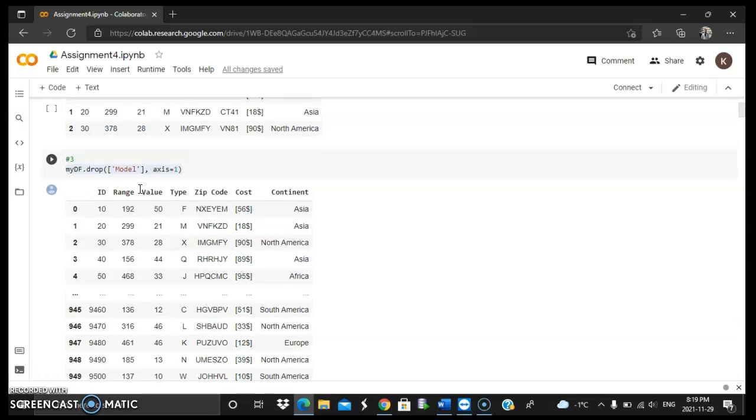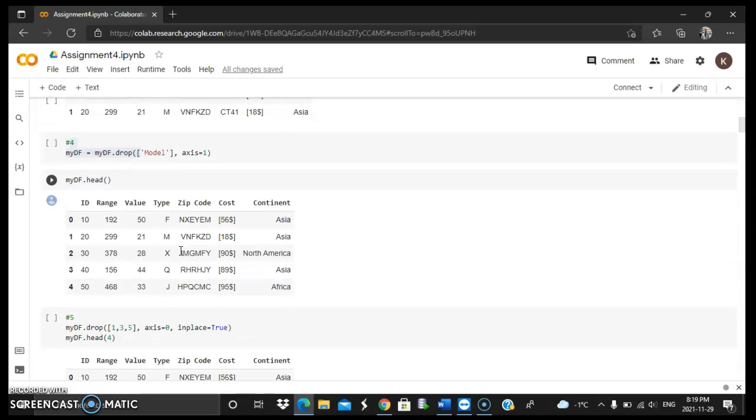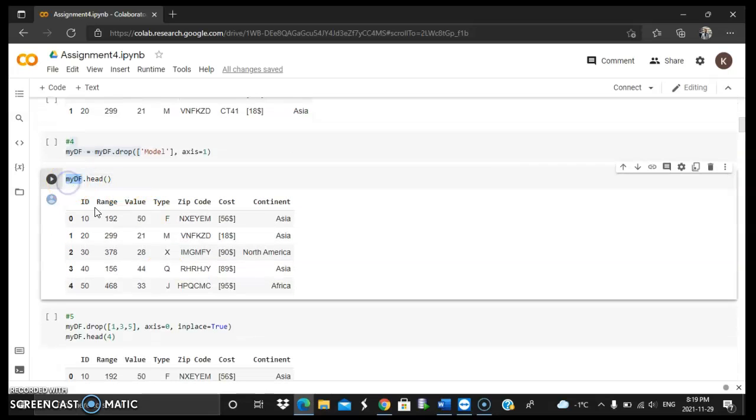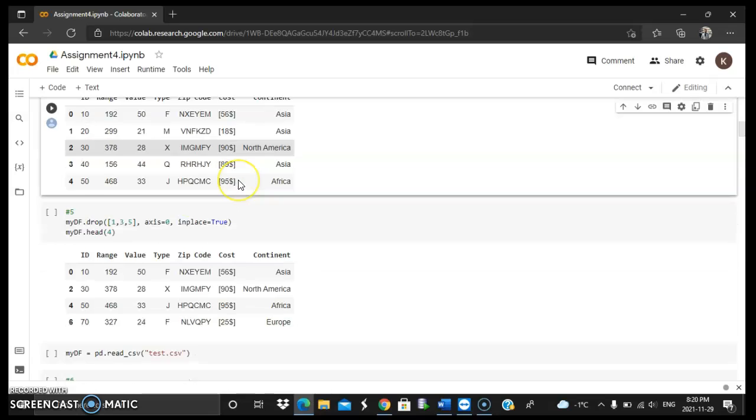So right here we use mydf.drop model axis equal to 1, and then we display it. Now it is permanently deleted. And how can we be sure that it is permanently deleted? If we go again to the mydf command and we use mydf.head, you can clearly see that it does not show us that one column again, which means it is permanently deleted.